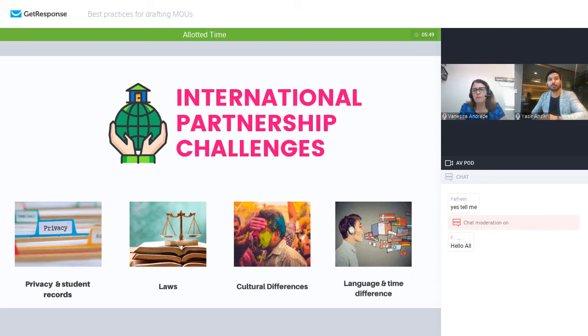The other thing that is important is the law of the land. As Khwaja was sharing, there has been a lot of talk about new regulations for Indian higher education, which is always welcome, making it more flexible. But we're not just talking about India, we're talking about the entire world. So it's very important to understand what regulations and rules govern these partnerships in whichever nation